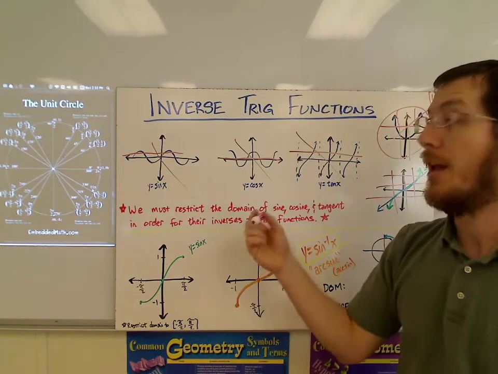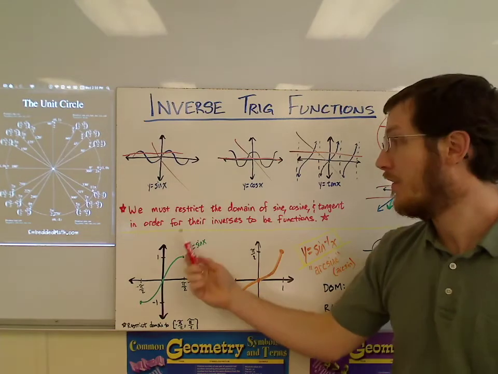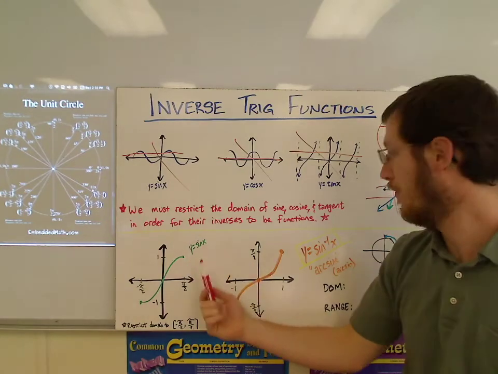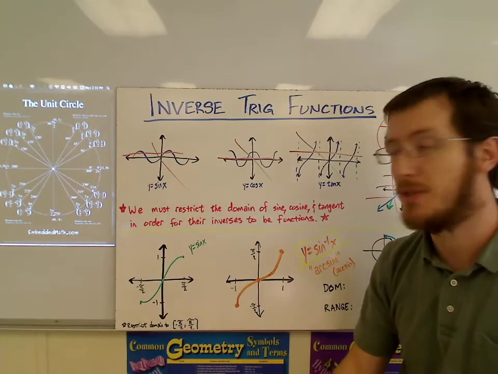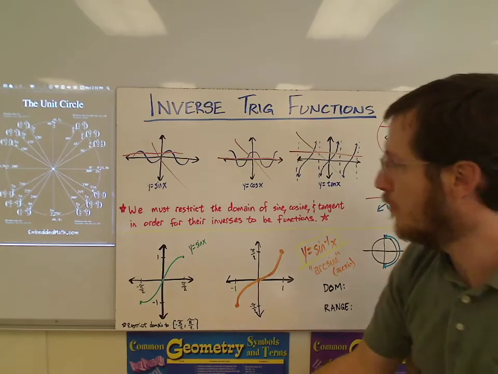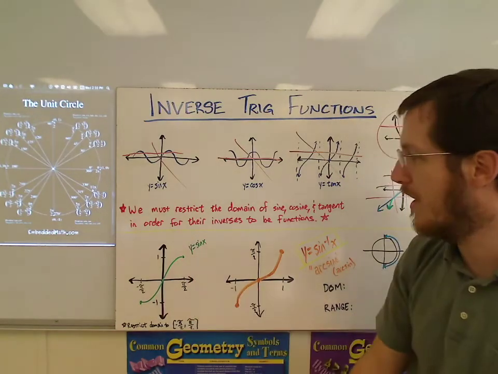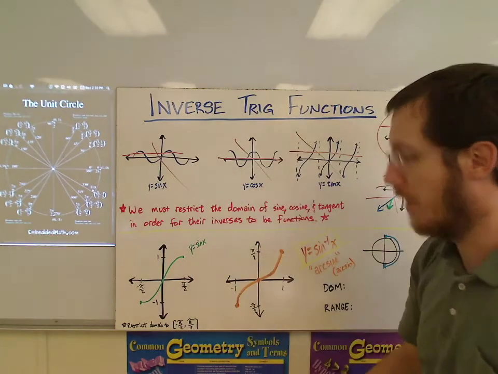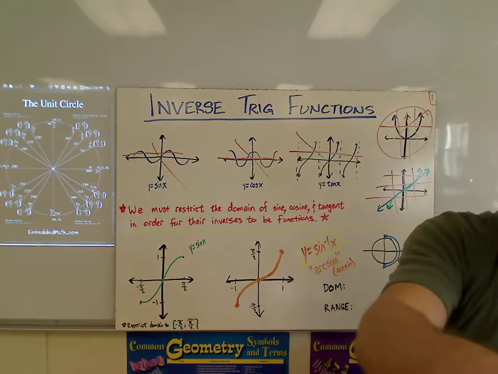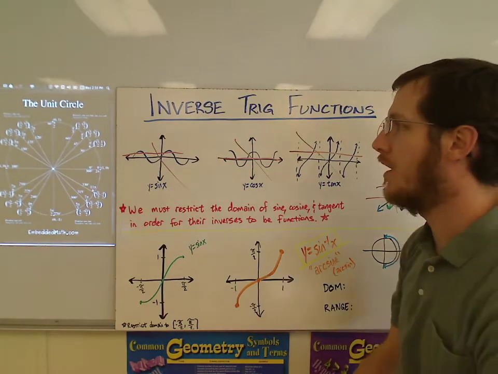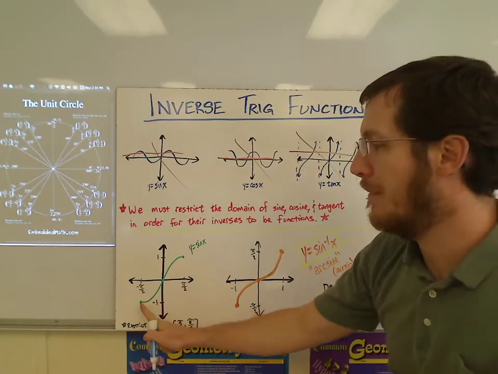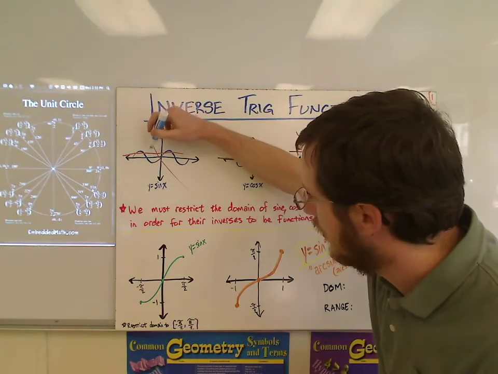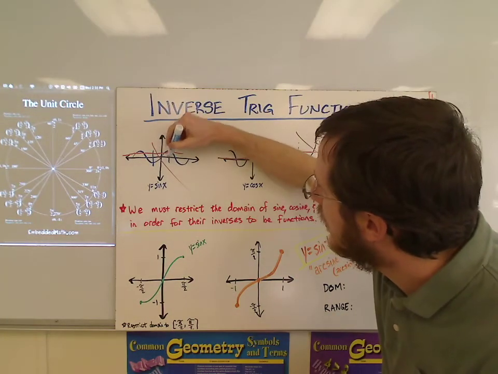So all 3 of them do not have inverses as we're used to graphing them. So in order to look at the inverse of a trig function, what we've got to do is restrict the domain of each one in order for their inverses to be functions themselves. Okay, so we're going to go one by one. Let's start off with our sine function. So if we take just one little piece of our sine function, let's say from negative pi over 2 to positive pi over 2. Okay, so looking at our graph here, we're just taking this chunk here,